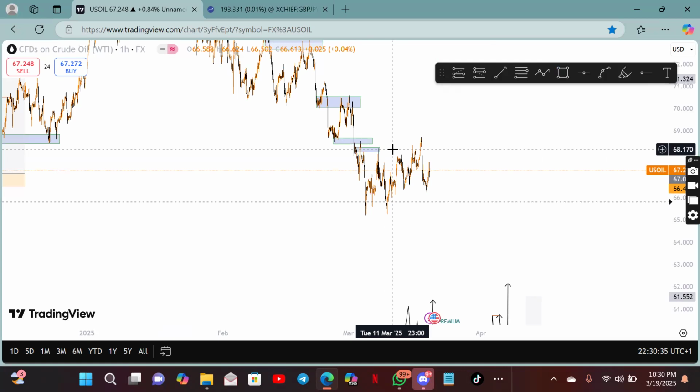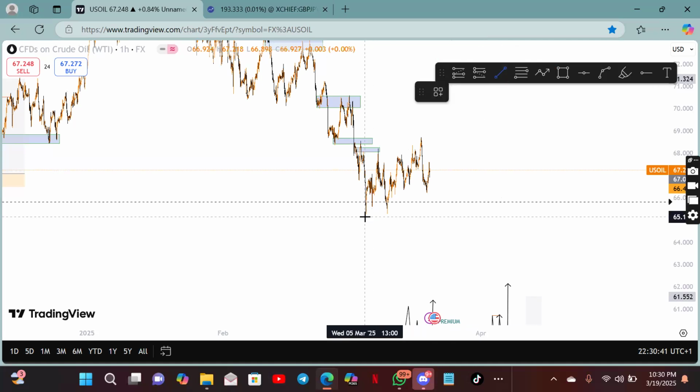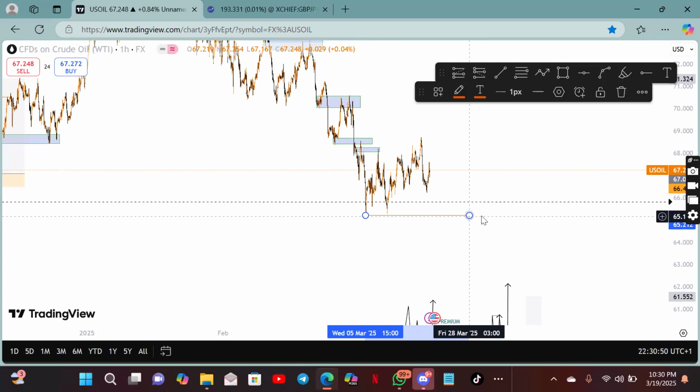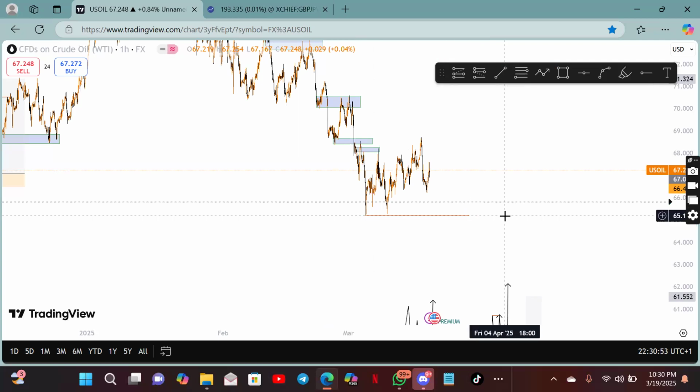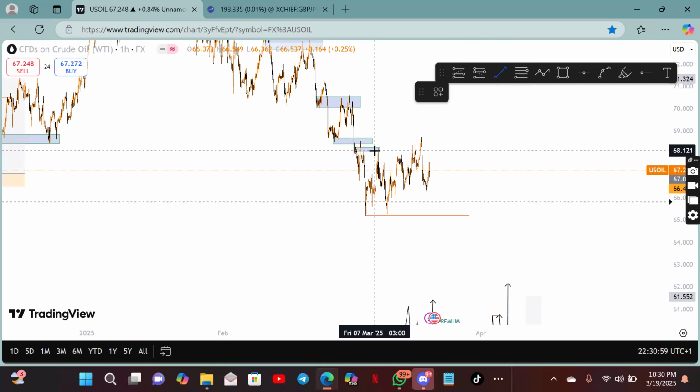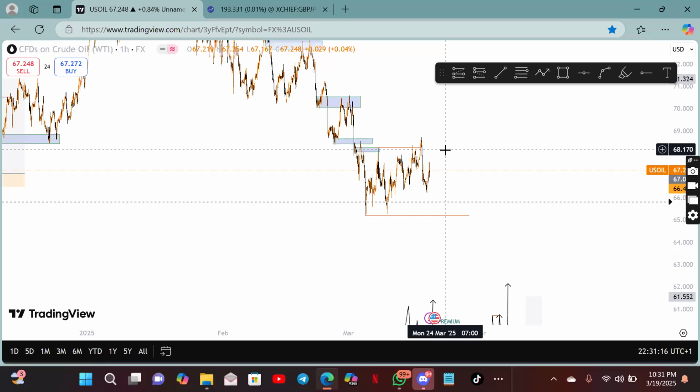Then all of a sudden, the market now refused to break this low here. You now saw the market did not break this low. Are you seeing it? That was one. Secondly, this was the last high the market had, right? This was the last high. The market now broke the last high. Are you not seeing it? Market broke it. Are we together? Yeah, with you. Now we have a trade.